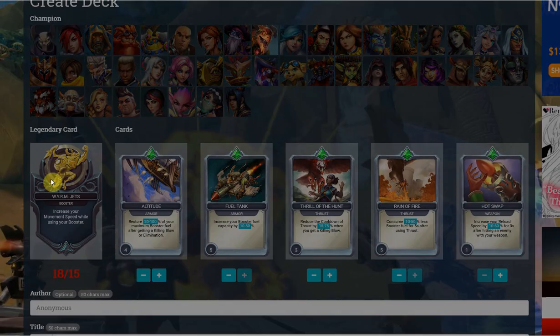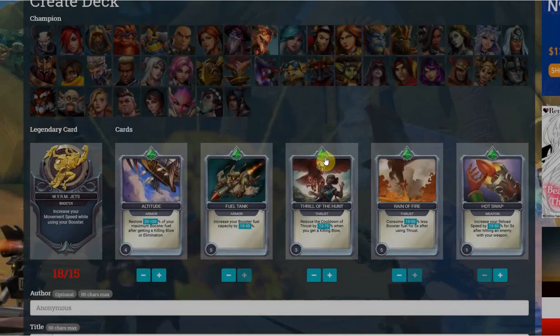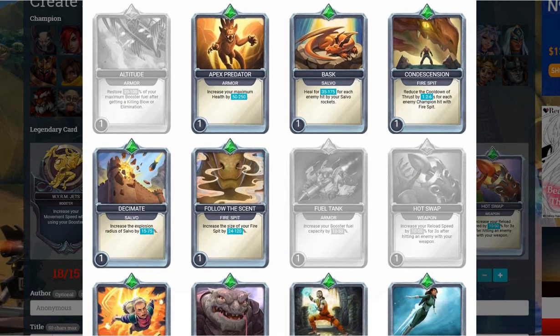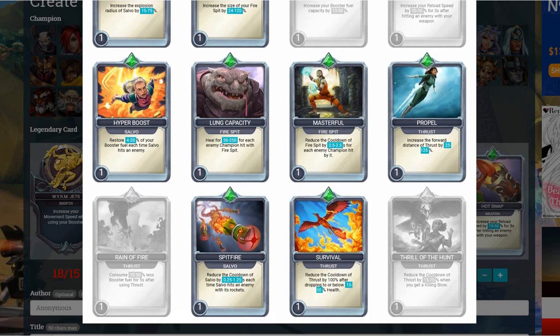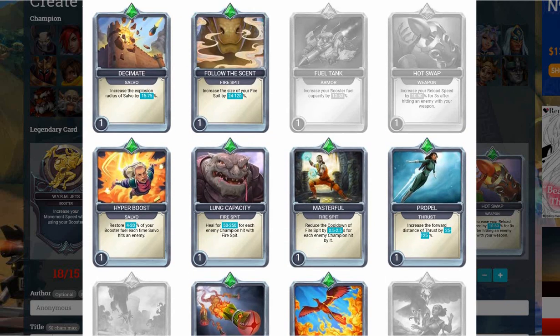If you're running more of a fire combustible build, then you probably run something with like a boost the cooldown of Fire Spit for each champion hit. I'd probably throw that condensation on there. Maybe Follow the Scent. I don't know if they actually work. I swear he had a card where it actually increased the explosion radius. I don't know if that's on here or what, but